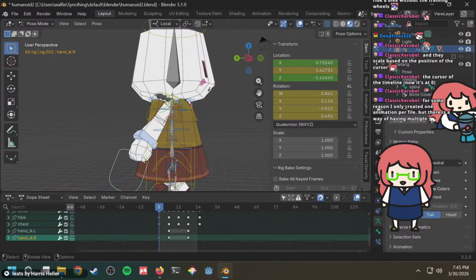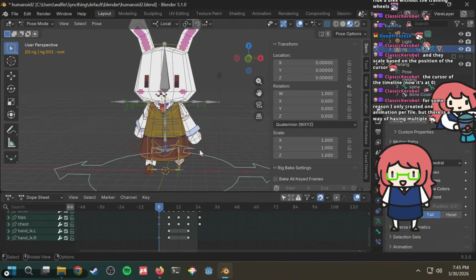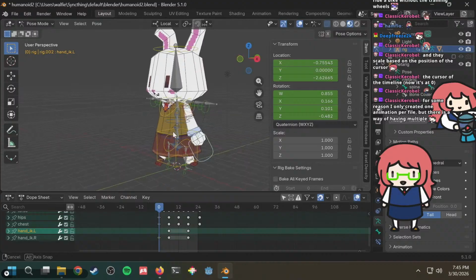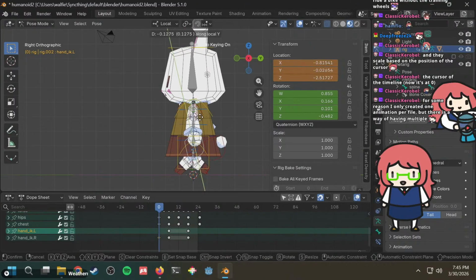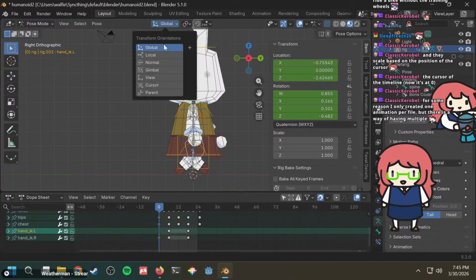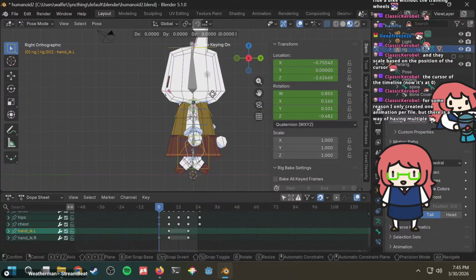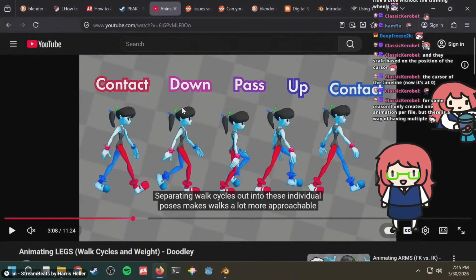And then the other hand is now in front. Okay, I want to rotate this globally. And by rotate, I mean move. Okay, so this one is now in front.